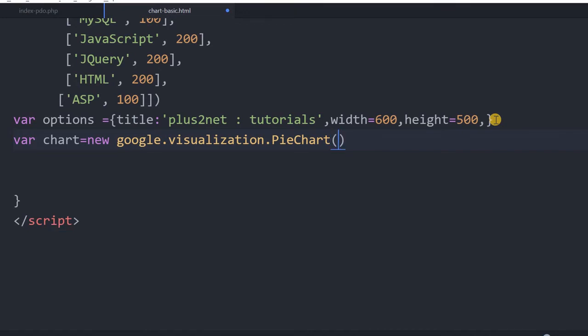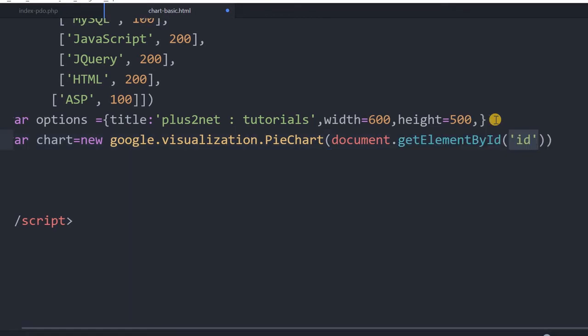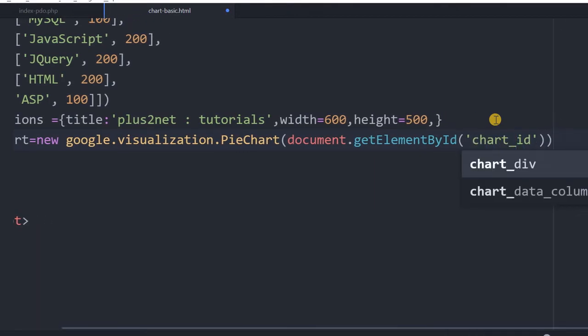Now inside this, I will say document.getElementById. Now what is the ID? Here I will say chart_div. What is chart_div, by the way?